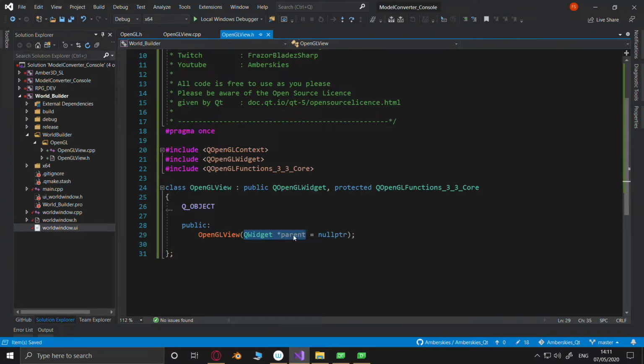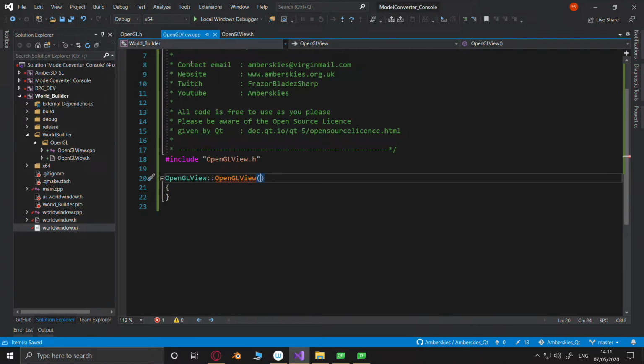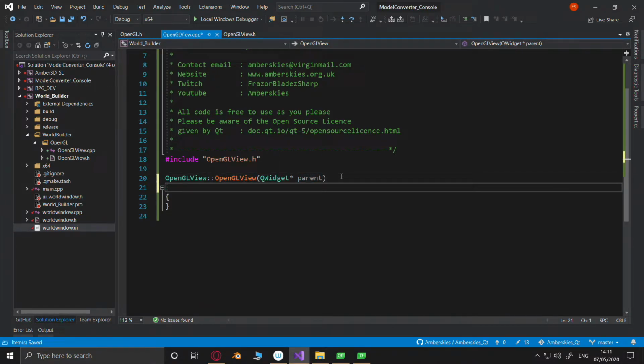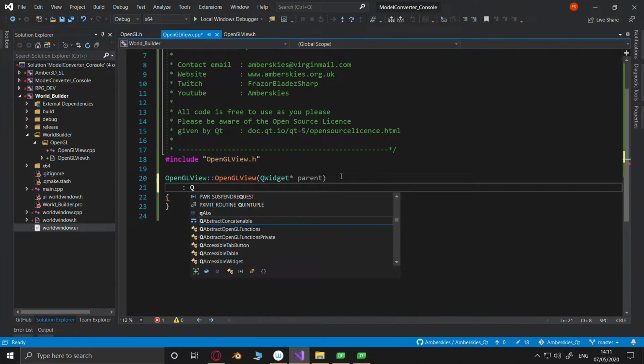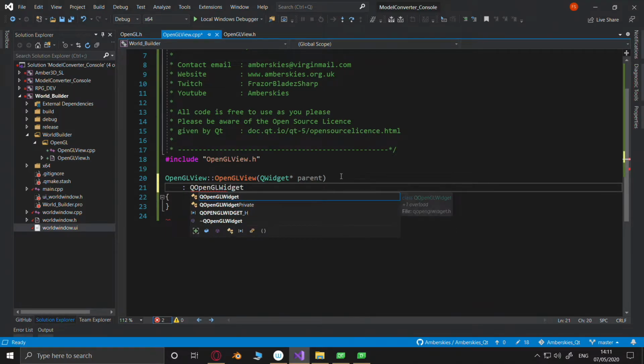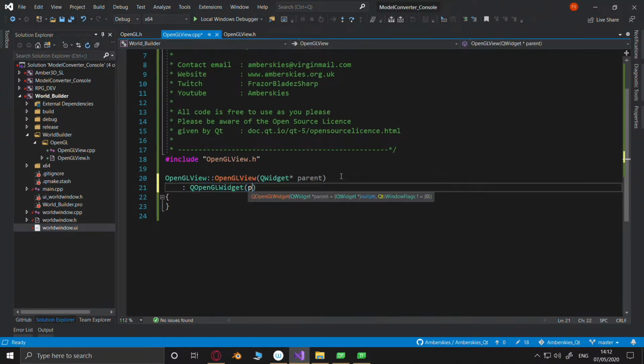Star parent. Copy. Paste. And it's Gui open GL widget parent.